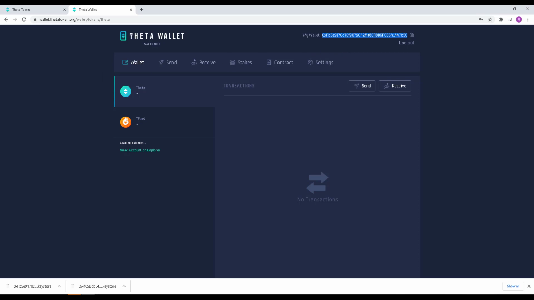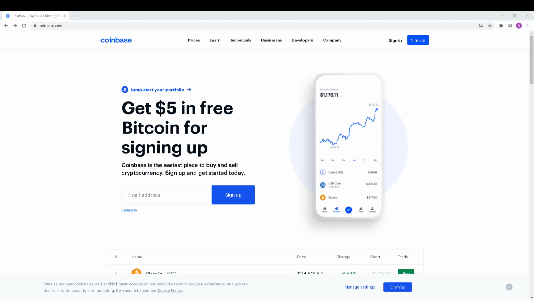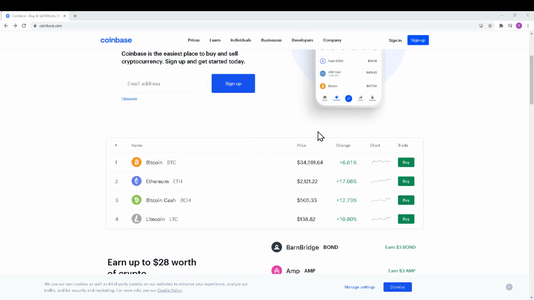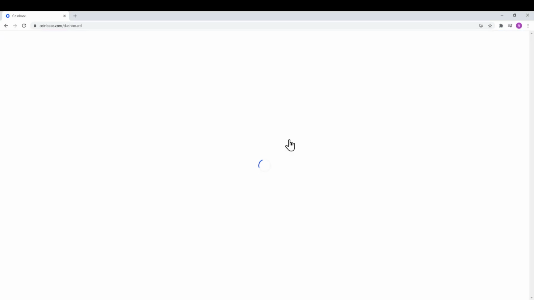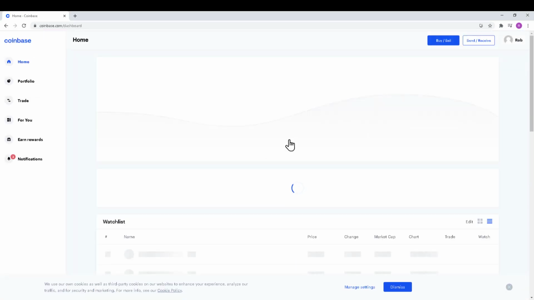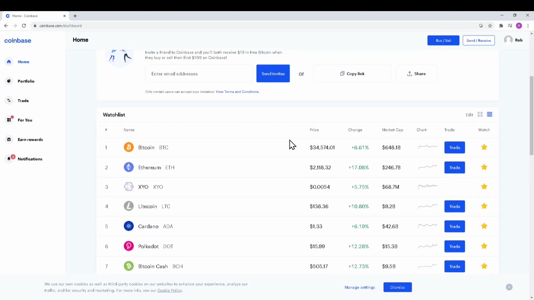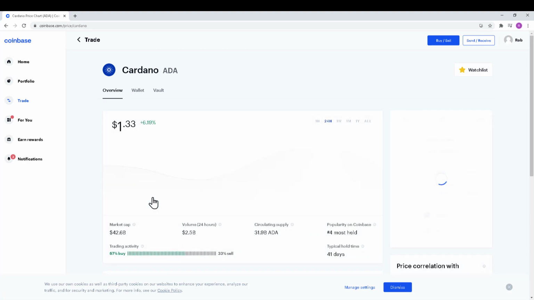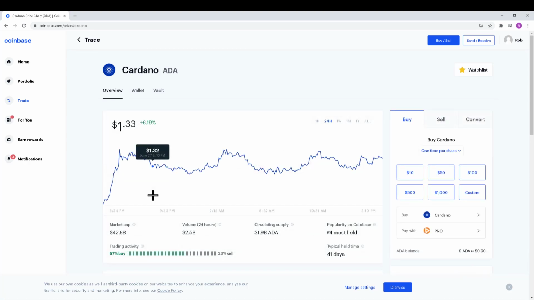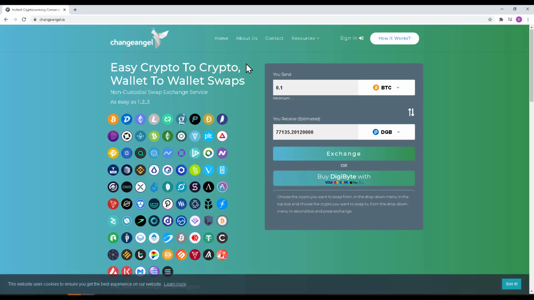Now, in order to get your Theta or your Tfuel, I recommend using a site like Coinbase. You can get it on crypto.com now, but from Coinbase, what you do is just simply sign in. From here, you're going to be able to locate a coin that you can do a trade on. Now, I prefer to use ADA. It's one of the other ones that I really believe in, but Stellar Lumens is also one that's been highly recommended. But here you can select however much of that ADA or Stellar that you want,